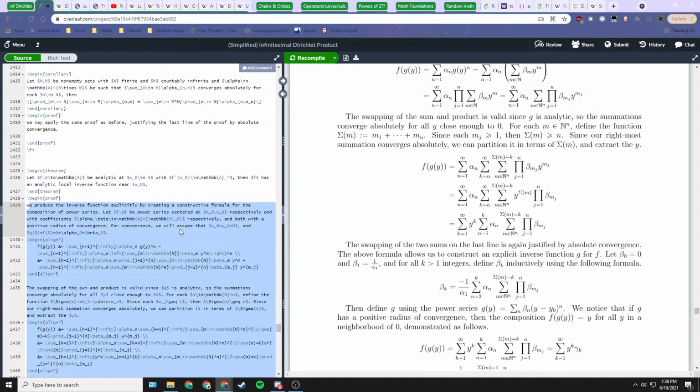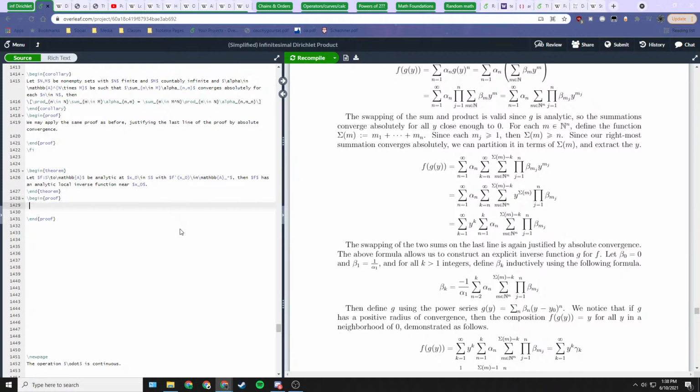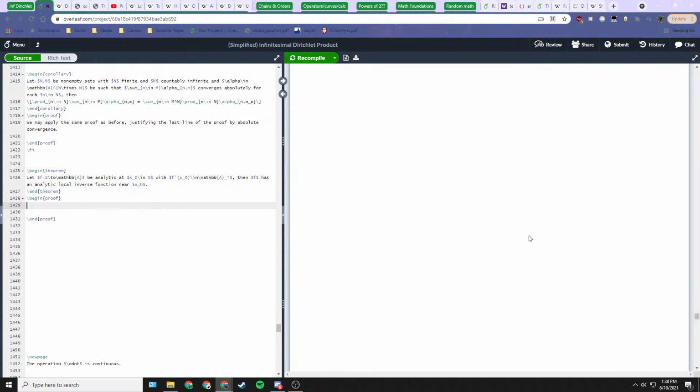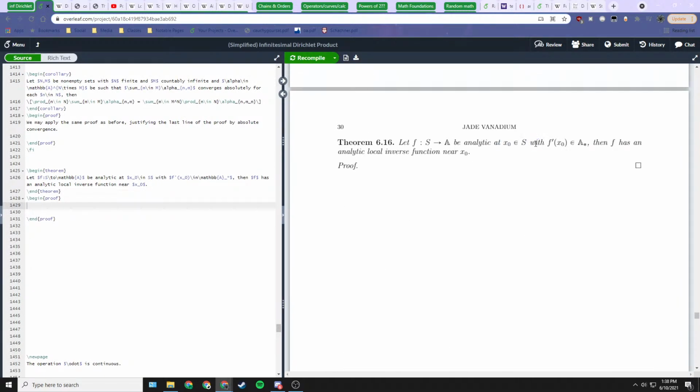Okay, so our theorem is still: let f be analytic at x0 with f prime a unit. Then f has an analytic local inverse function near x0. Okay, so we're going to take a simple case first. So we'll say, take the special case that